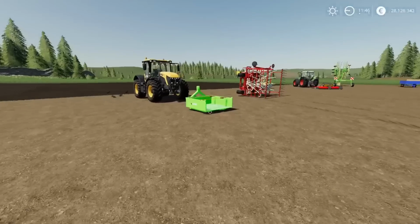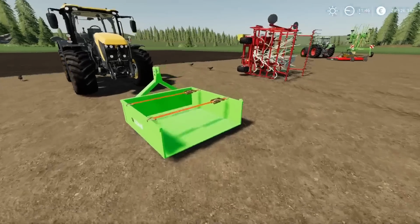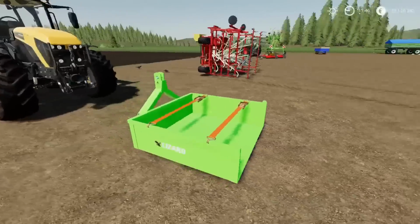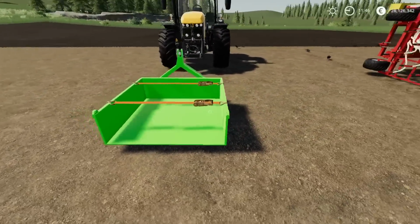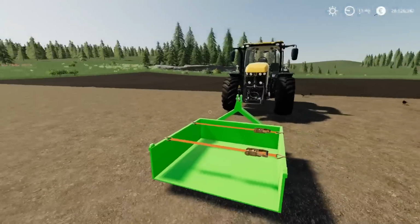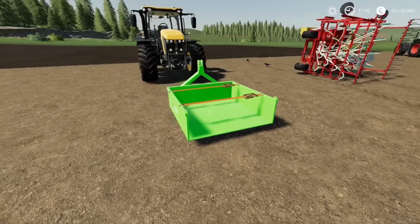Moving on from that, now this is weird, it says the Lizard Music Menges by BGModding. It is in essence a log 3 point, I say trailer, so wrong word, container, transporter, carrier, however you want to refer to it. It only comes in this green. It does have 2 straps. You can probably put a pallet on there as well. In the Modhub it does say it's for logs, but